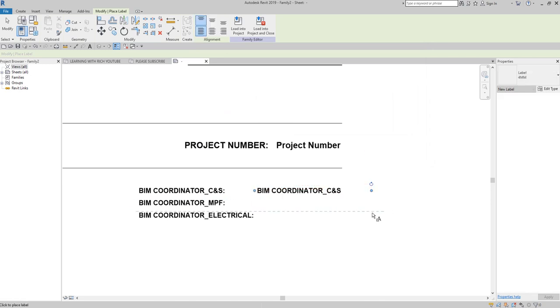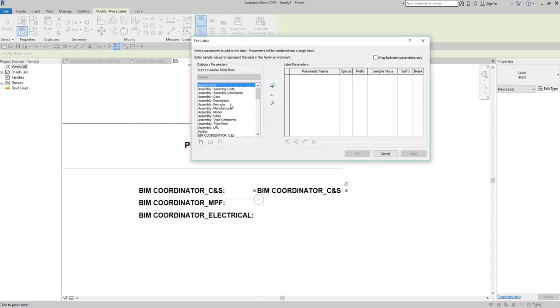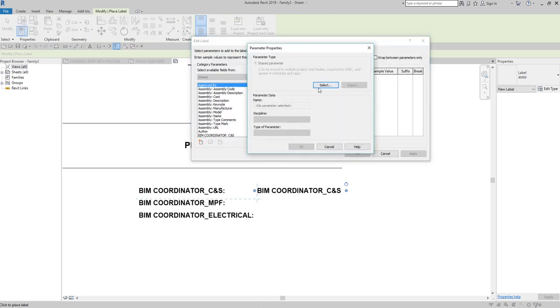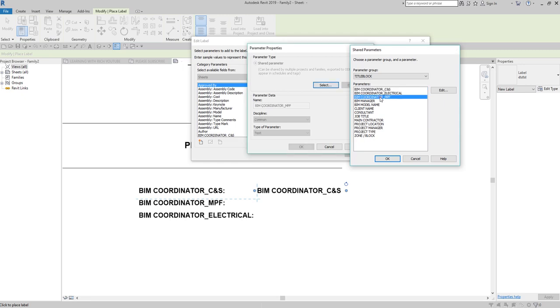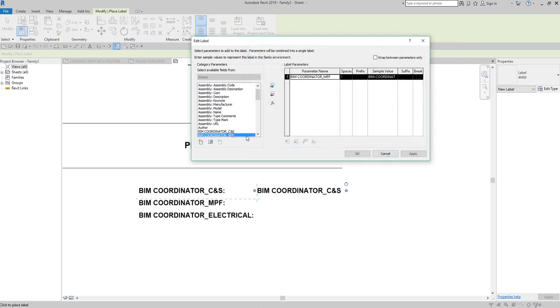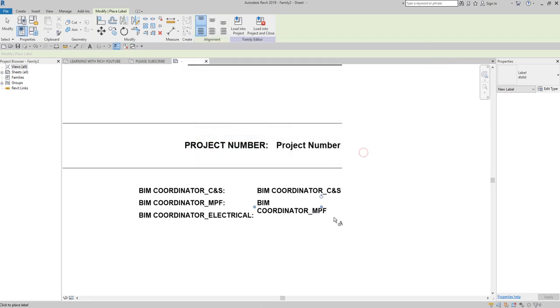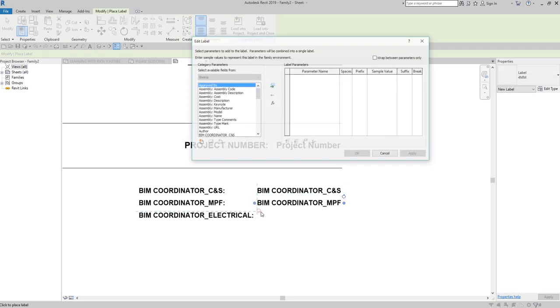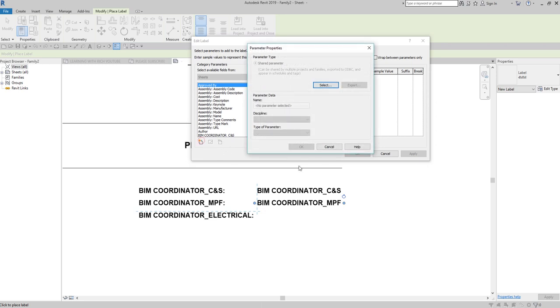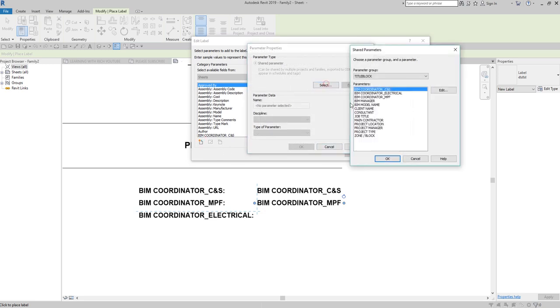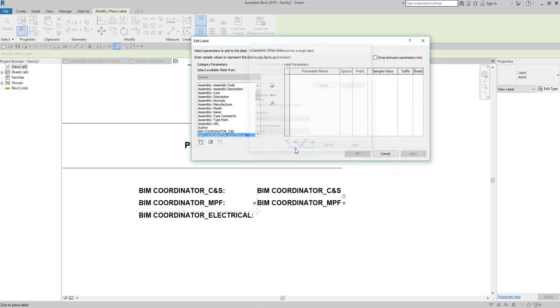Drag. Alright. Okay, align. BIM coordinator for the mechanical, plumbing, fire protection. Okay, double click. Okay, drag. Alright. And then BIM coordinator for electrical. Electrical, double click. Okay,